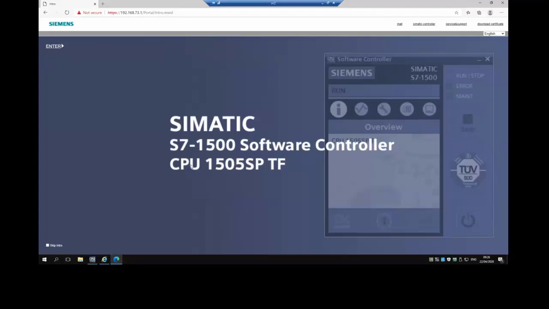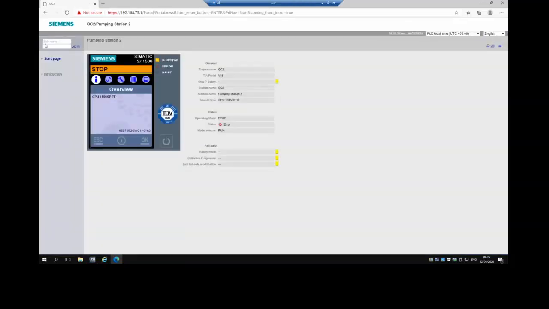So again, the web server is a feature that is built in at the firmware level. This is just a tick box that we enable in the PLC configuration, and this is something that is turned off by default for security reasons. So once we've enabled it, we can connect. Out of the box, it's heavily restricted, so we can either open up to everyone in TIA or we can create individual logins. So if I have another go at my login,